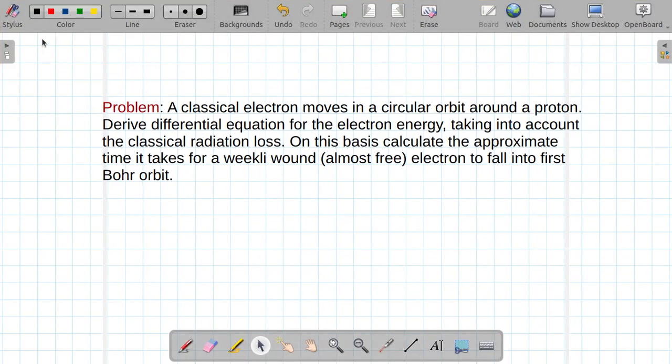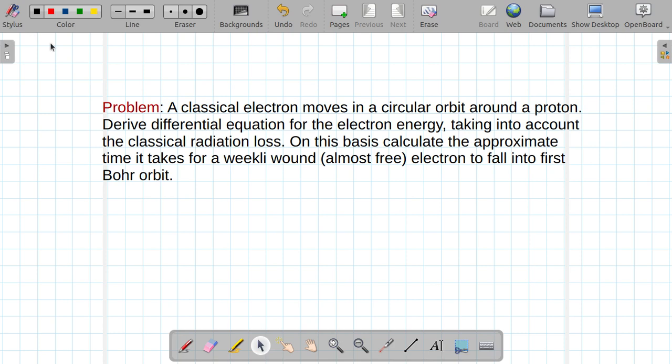So now here I am trying to solve a problem from the book Puri. It's a solved example of the solved problem in that book. It's a very good problem. So here a classical electron is moving in a circular orbit around a proton. Now we have to derive the differential equation for the electron energy, taking into account the classical radiation laws,